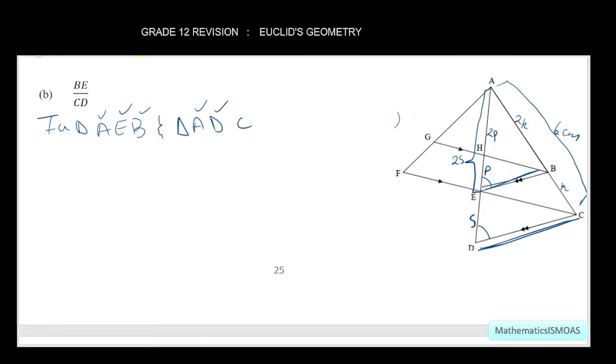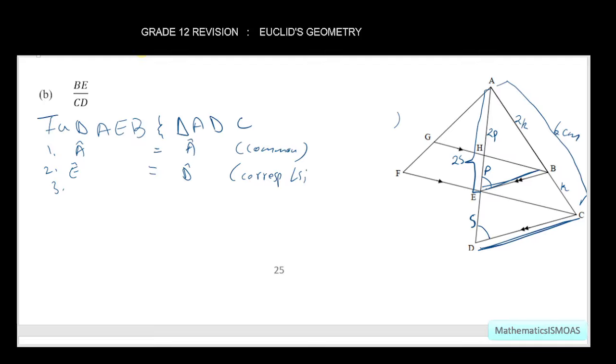That is how you identify or write down your triangles. Remember, order is very important. Then we say 1, 2, 3, a little bit of space, 1, 2, 3. We said angle A is equal to angle A, common, and then we say angle E is equal to angle D, reason: